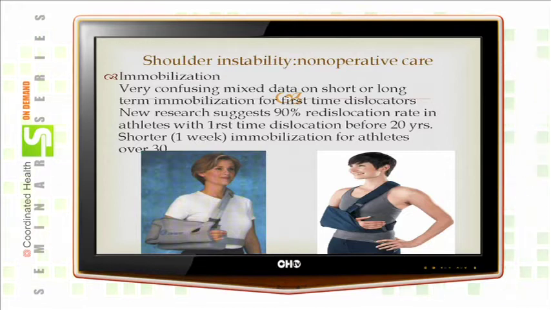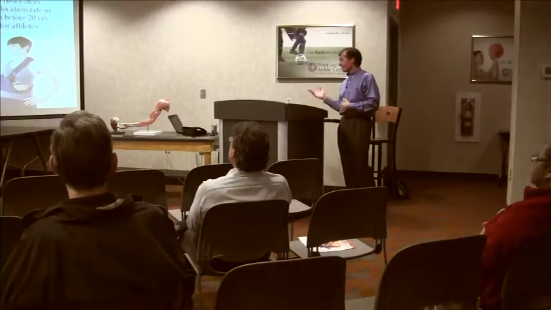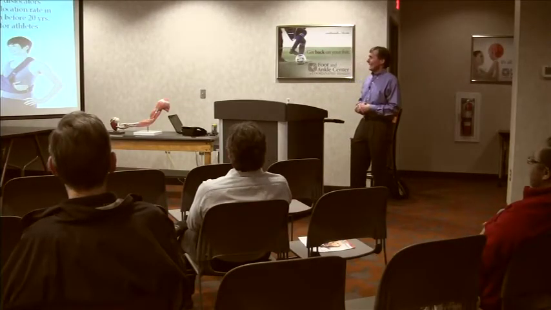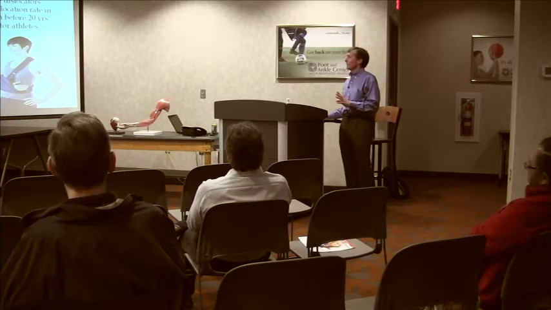But the truth is, for my college-age kids and younger, once they dislocate, there's a 90% chance that they're going to dislocate again. 90%. Just because of their activity and the anatomy, the trauma to their shoulder that's occurred. So I'm immobilizing my athletes for a couple of weeks and then starting them in rehab. But for most of the athletes that are younger, I'm studying them a little more closely with imaging, MRI imaging.